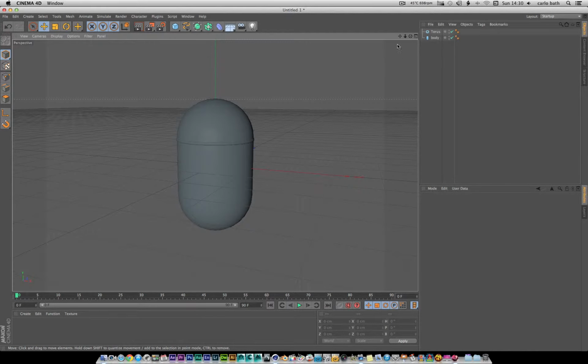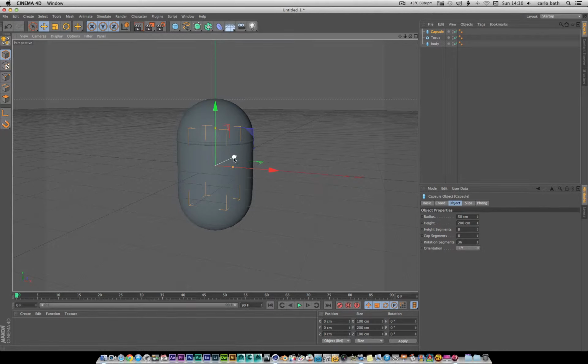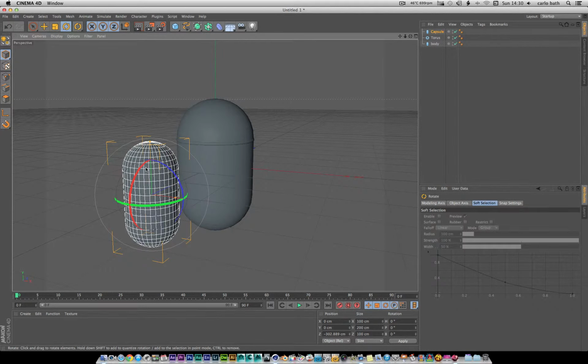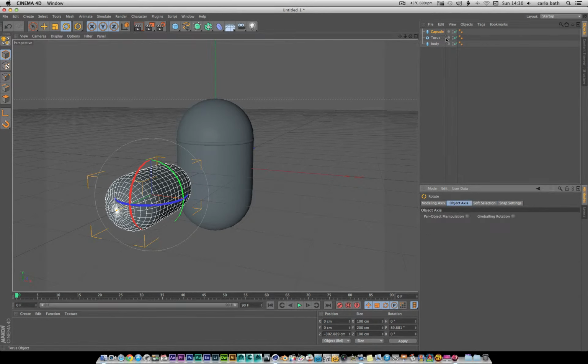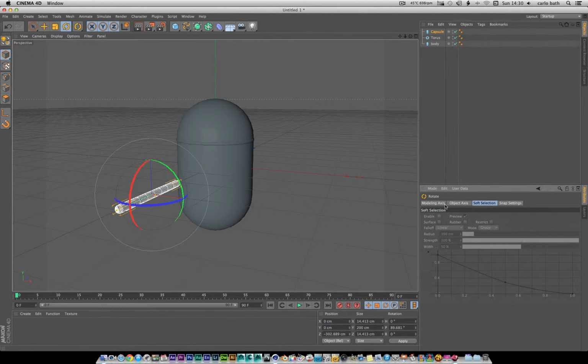Okay, so now we're going to create the eyes. So we're going to come back up to our box and we're going to have another capsule. Bring our capsule in. We're going to come up here to your rotate tool. We're going to rotate the cylinder like that, and then basically we are going to shrink it down like so. So we're just going to come up to these settings here so I can have a quick look. So shrink it down,